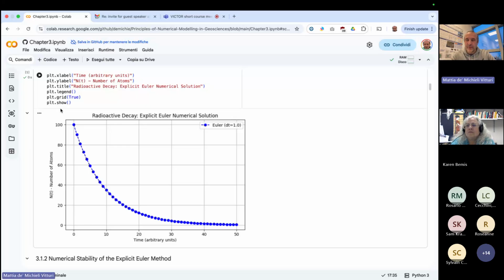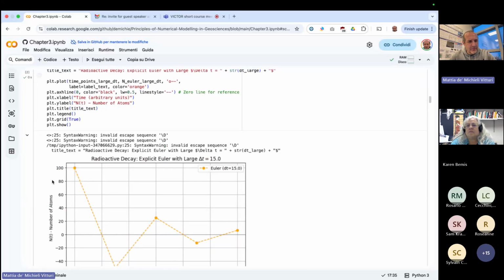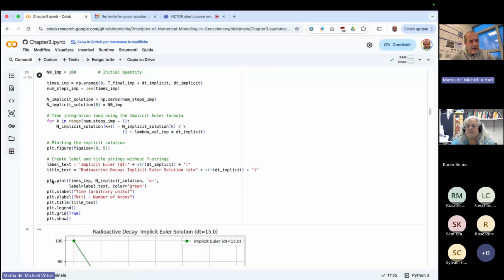We have seen that the implicit scheme is more stable because the stability does not depend on the time step. And then we have seen the accuracy for the explicit time scheme. We could repeat exactly the same thing here, and